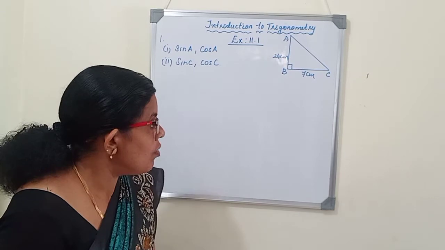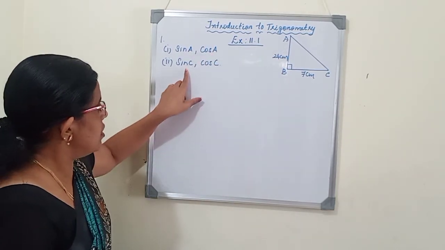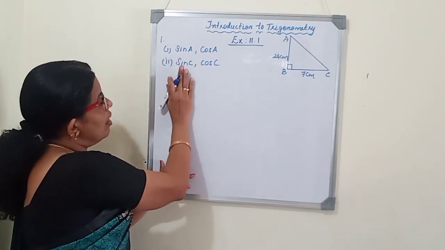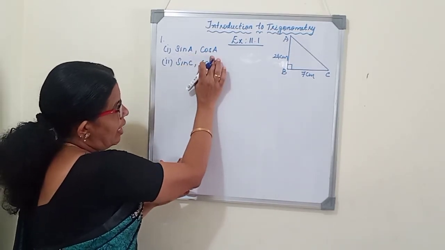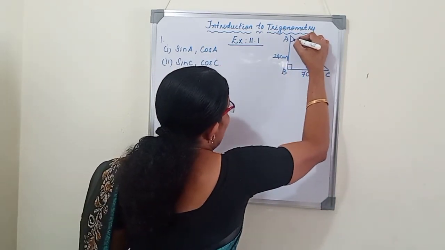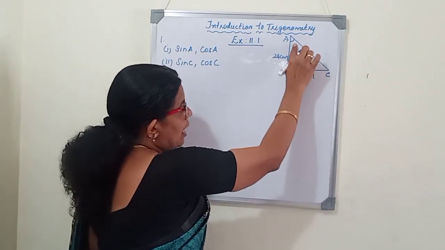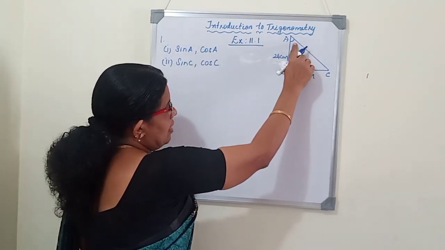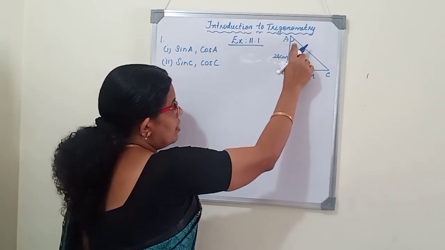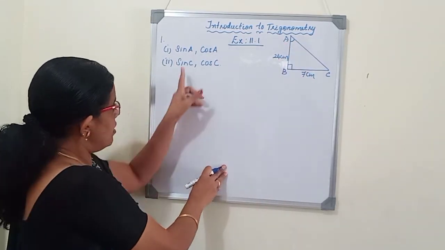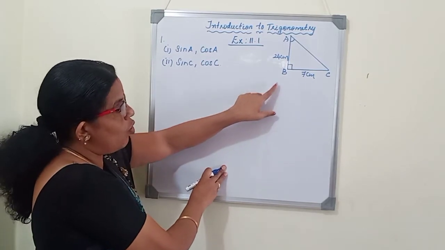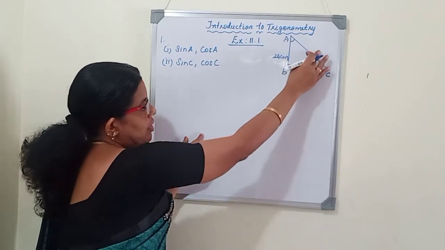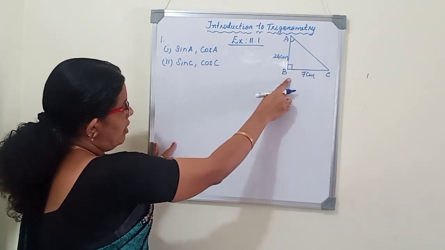Okay. Now, to find sin A and cos A, or sin C and cos C, we have to remember the first 6 ratio formulas. First of all, we will find out sin A. This is angle A, or we can write it as theta. Already they mentioned the letter A, so it's not compulsory to write theta. So we are considering sin A with respect to this angle. To write sin A, we know that sin A is equal to opposite side by hypotenuse, but hypotenuse is not given. So in this triangle, first we have to find the hypotenuse by Pythagoras theorem.